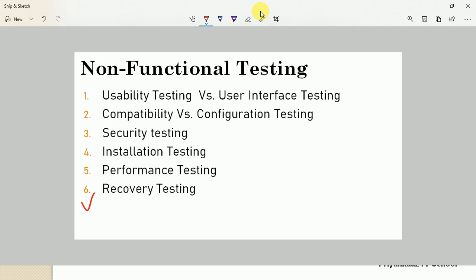So whenever a software application goes from the normal state to an abnormal state, we can simply perform this testing to see how the software quickly recovers.